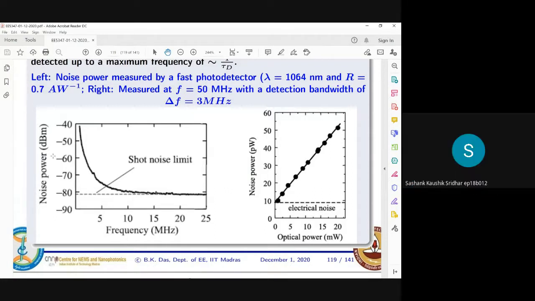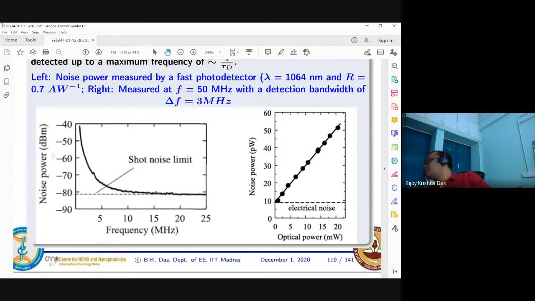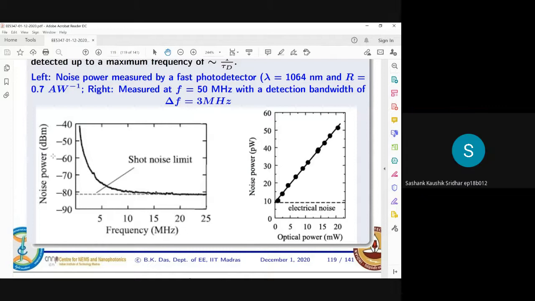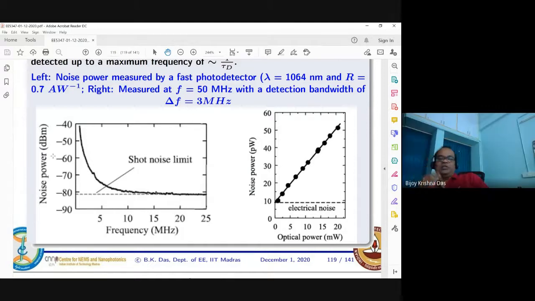Some log 10 to the scale, power 3, sir. Say one by one. Who is Shashank? You are saying, right? Tell me. I am asking you. This is a noise power in dB unit is given.